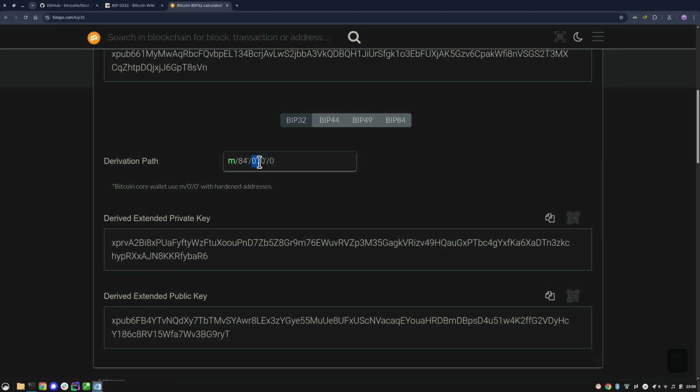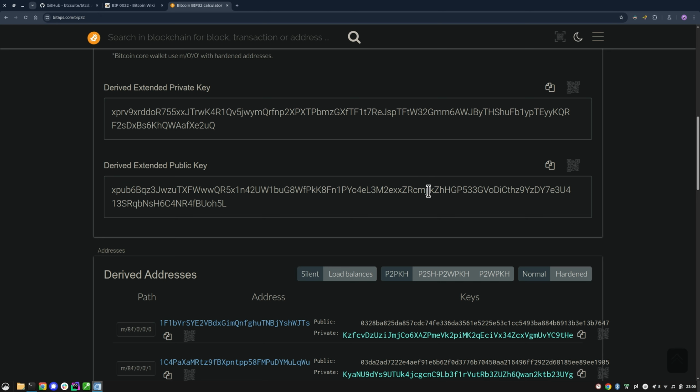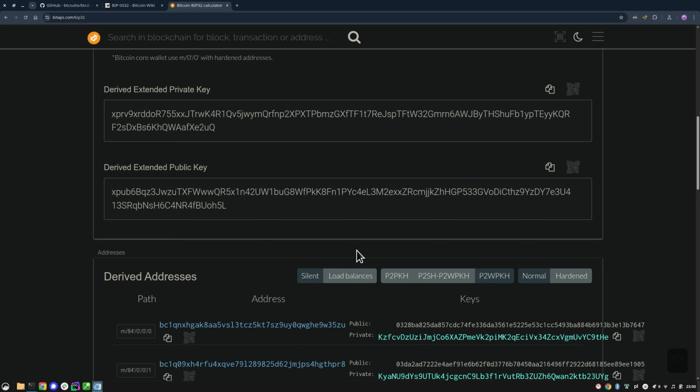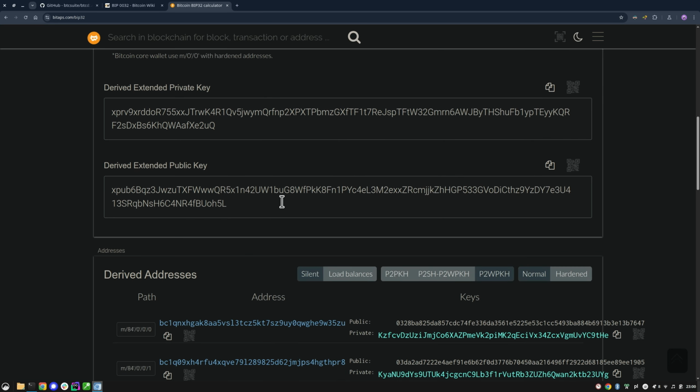There are 3 levels of hardened derivations, one with the index of 84, one with the index of 0, and one with the index of 0. Then from this last hardened derivation there is a non-hardened derivation, and non-hardened derivations are keys derived from public keys. In the next step we're going to try and derive a key like this with the derivation path of